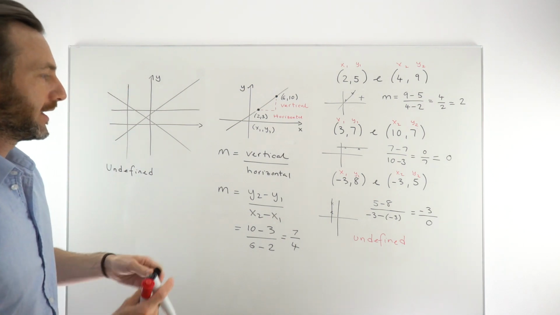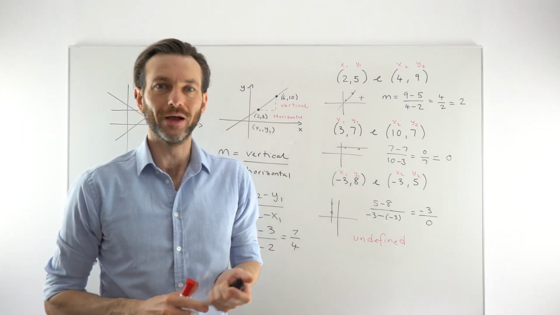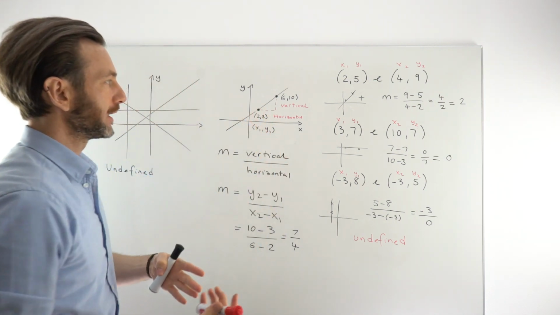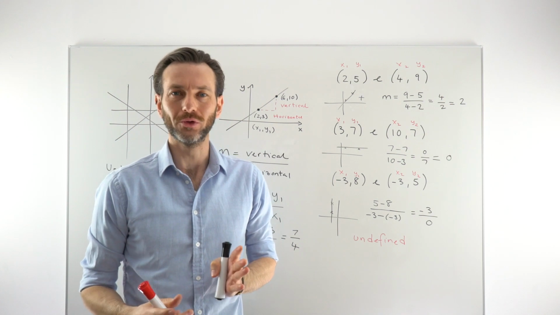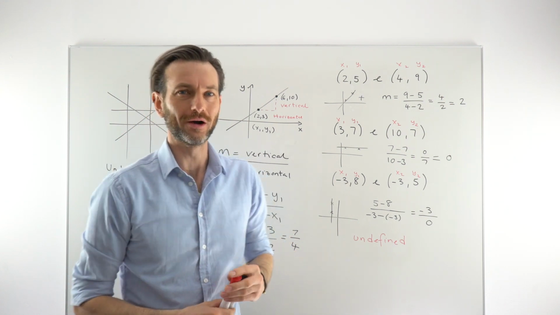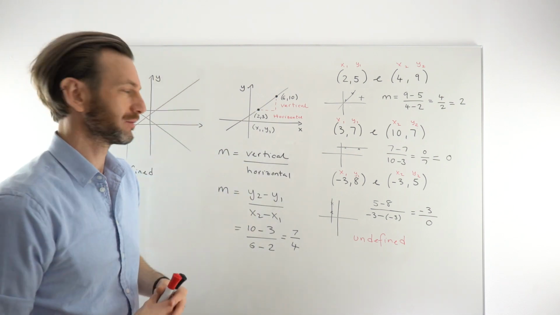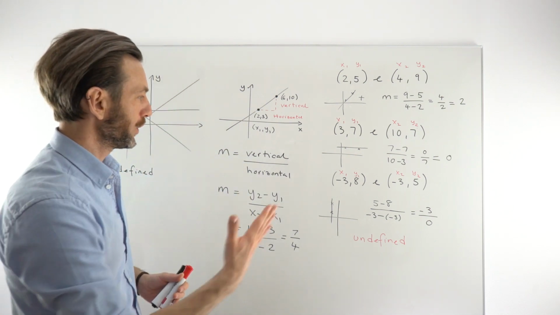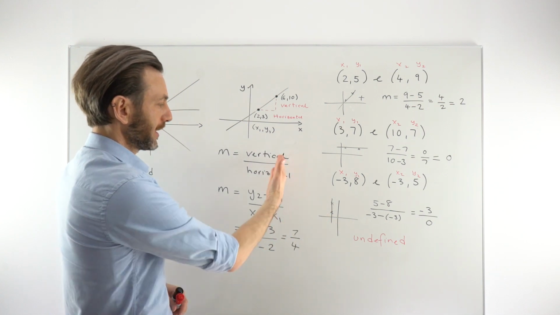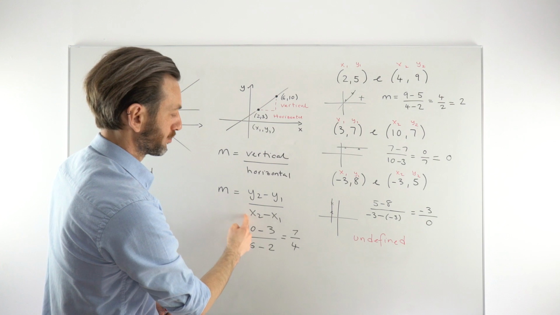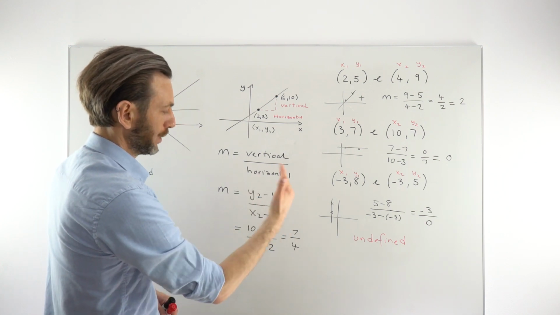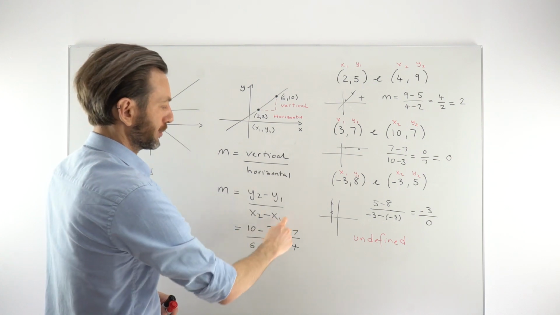Okay, so that is how you find the gradient of a straight line. Essentially, you need 2 points on the line. If you're being asked to find the gradient and you don't have 2 points on the line, it's likely something's gone wrong in the question, or that should be your expectation to have 2 points. Once you've got your 2 points, you're just going to use one of these versions of the formula. They're essentially the same thing. This is probably the more practical version, where you're just identifying your x1, y1, x2, y2, plugging the numbers in,